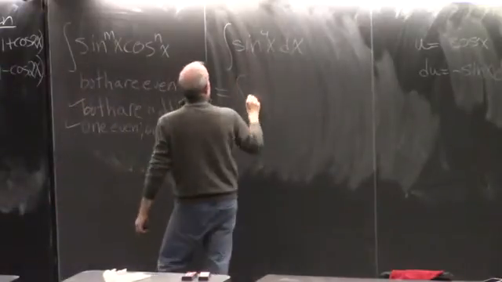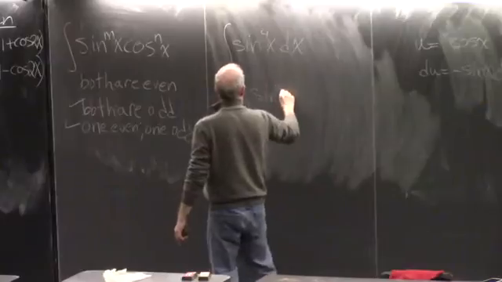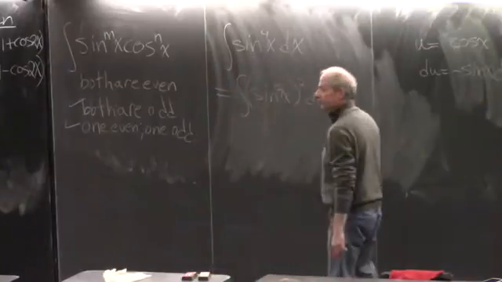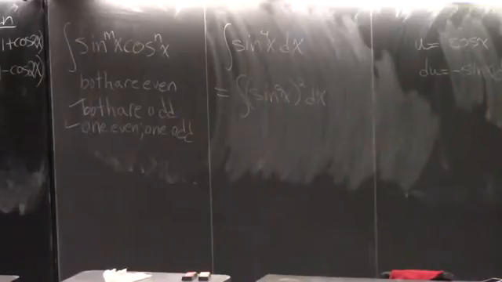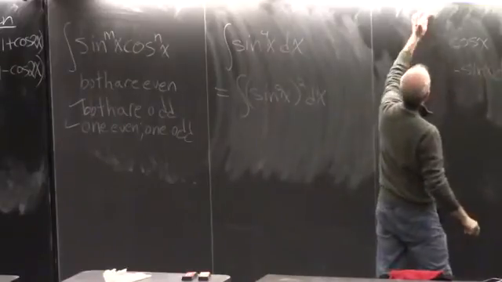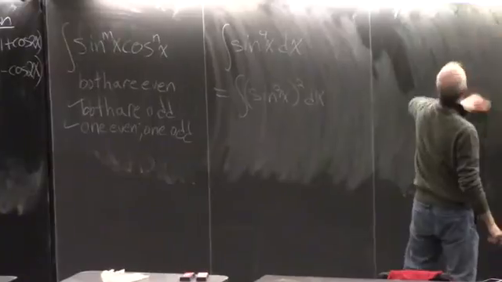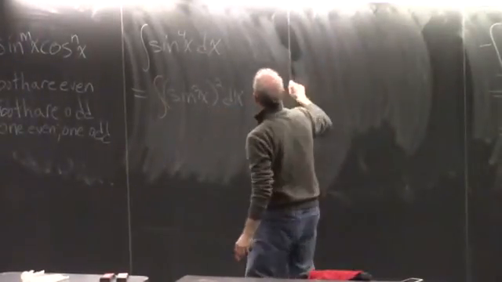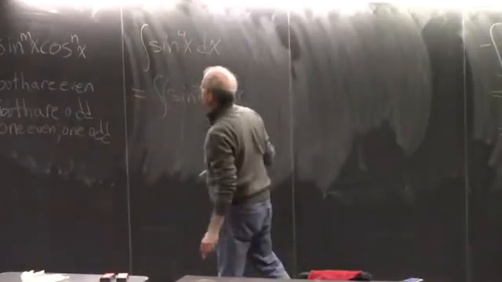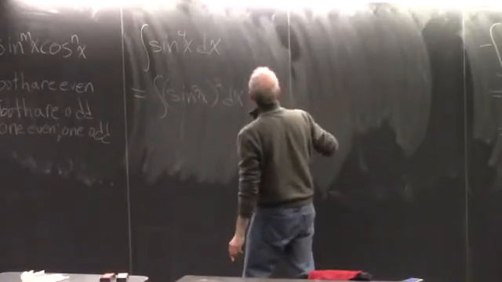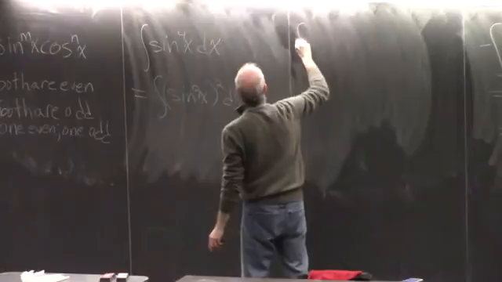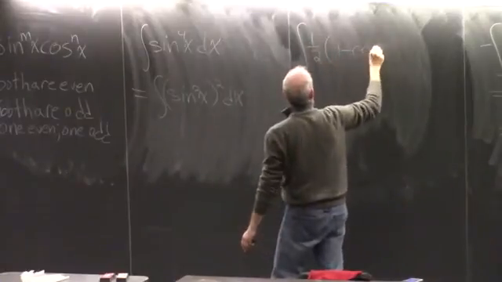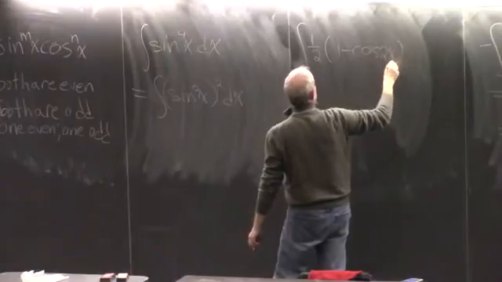So this is sine squared x squared. And now we're going to take sine squared and replace it with 1/2 (1 minus cosine 2x) dx. So we get 1/2 (1 minus cosine 2x)